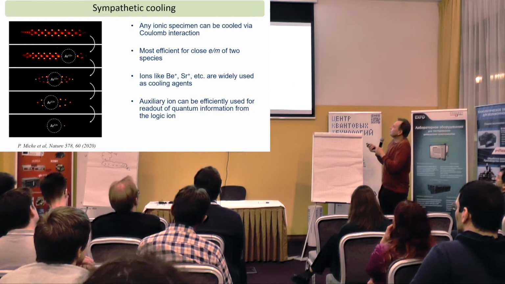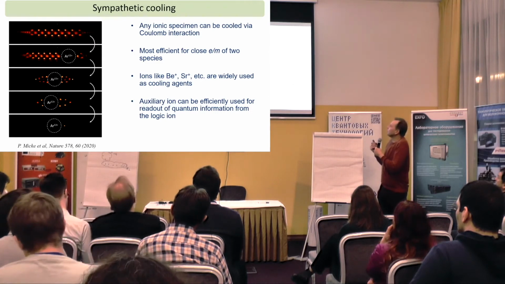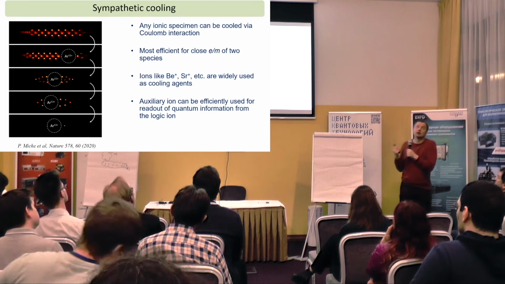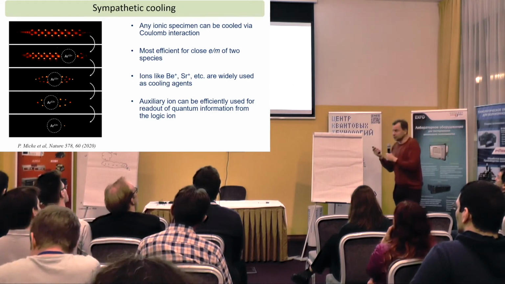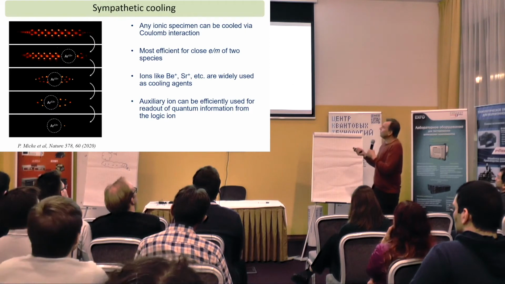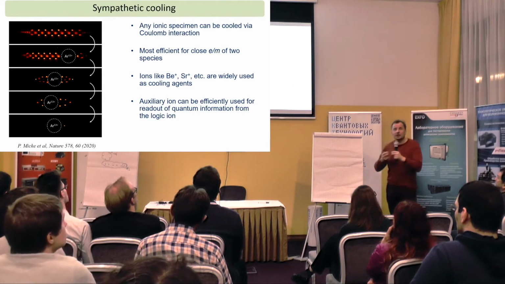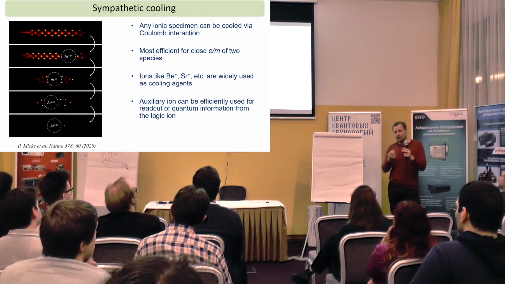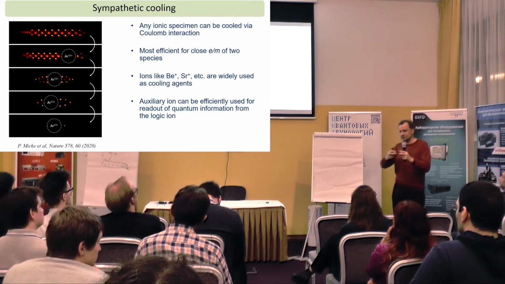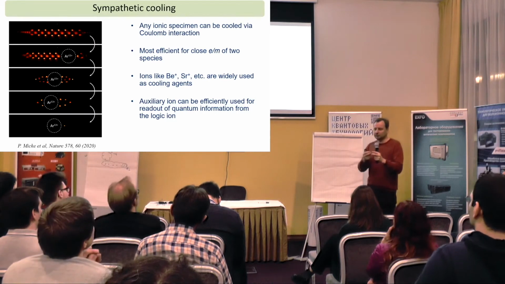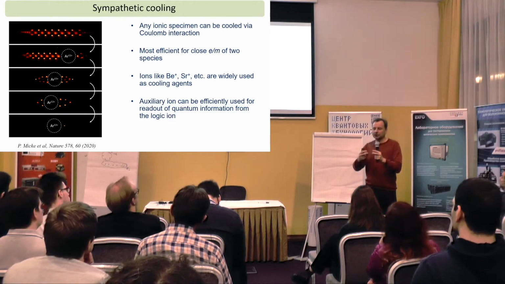They trapped an argon 13 plus ion, which is tricky. But then they also cooled it with beryllium. So the thing is that you have ionic species, and if you have a hot ion and cold ions of beryllium, then these common vibrations